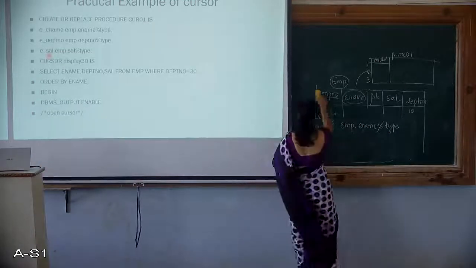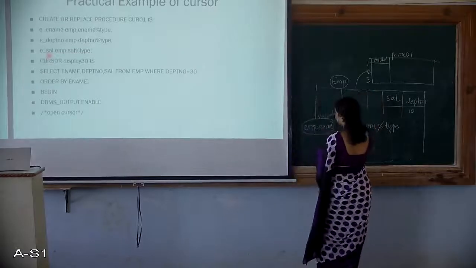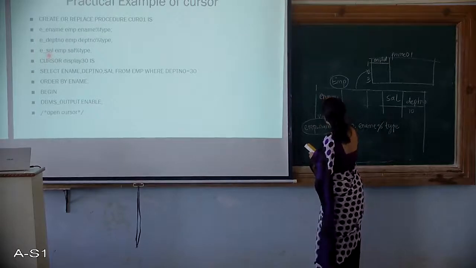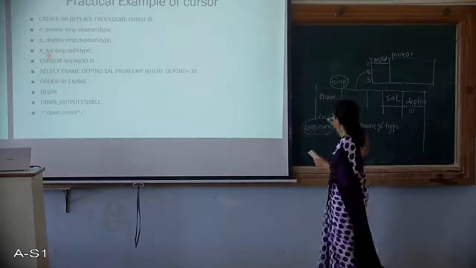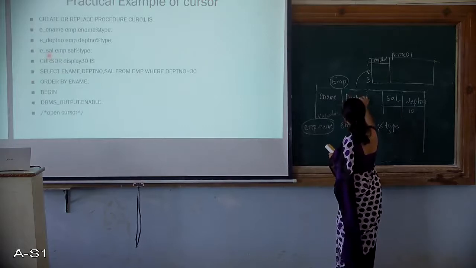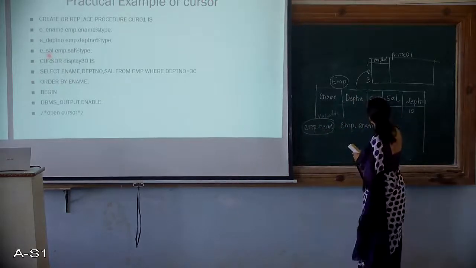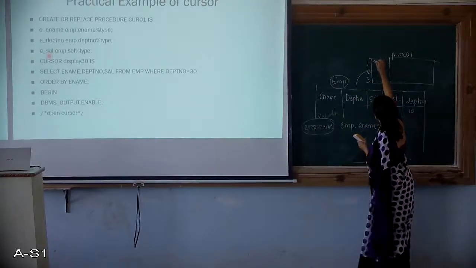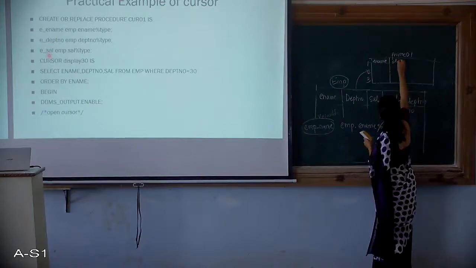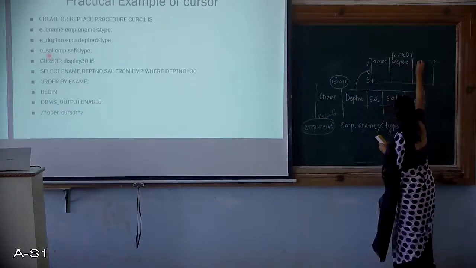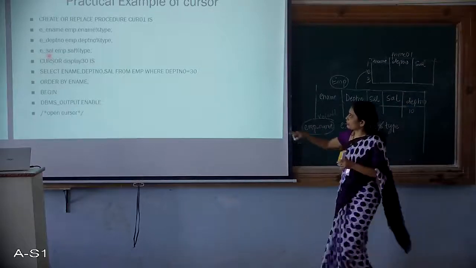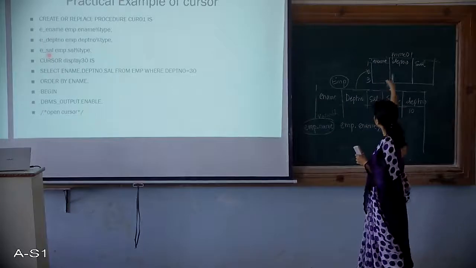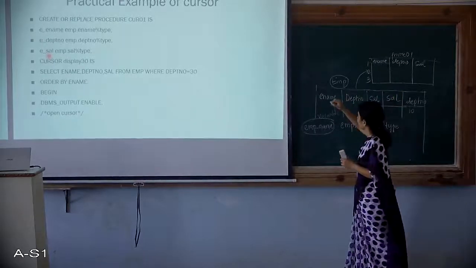So I hope I'm not confusing you. Let's do it like this. Which are the three fields being selected? There is E name, then department number, then salary. Now these three only are getting stored here: E name, department number and salary. For which department? Department number 30. So all those people of department number 30 are being fetched and stored there.